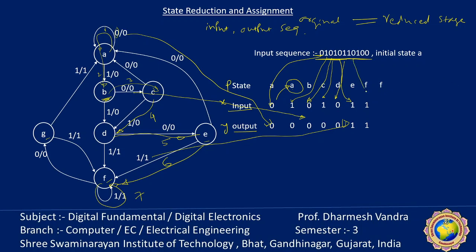Now the input changes to zero. So in the eighth step it goes to the E state, and the output is zero. The next state is G, and the input is one. So obviously from G the input is one, the next state will become F, and the output is one here. Again in F, the input is zero, so it will go into the G state, and the output is zero.